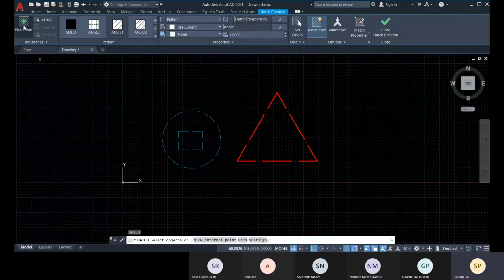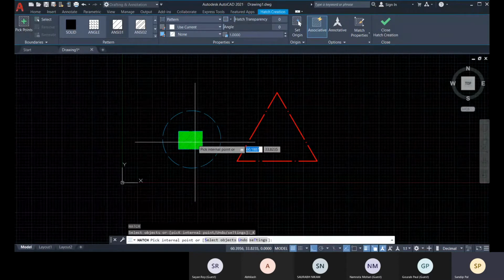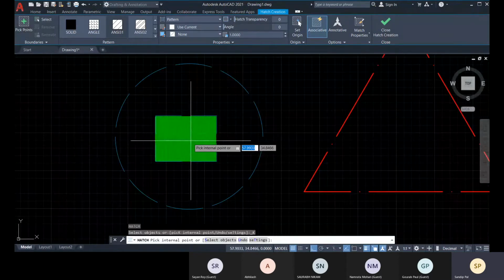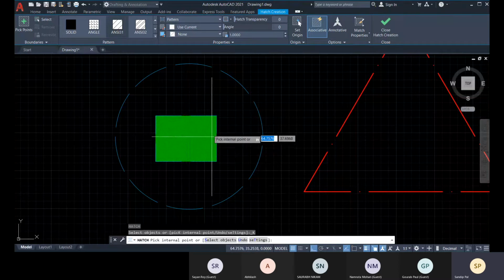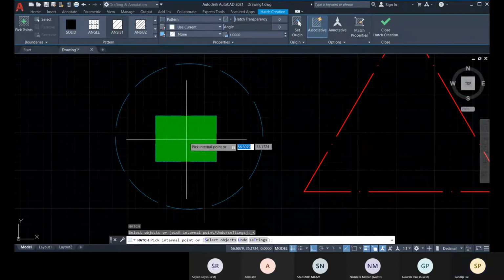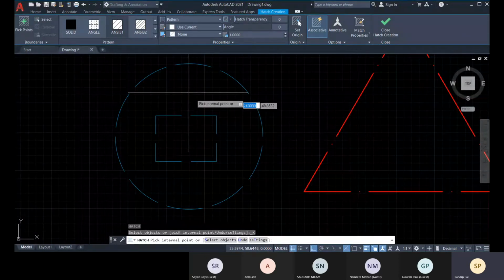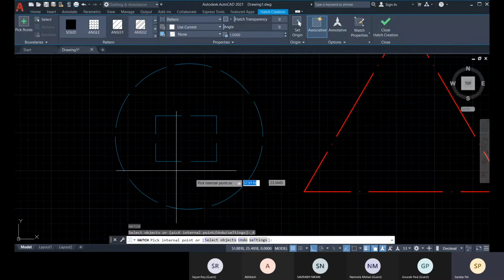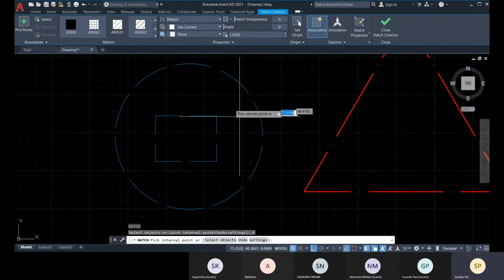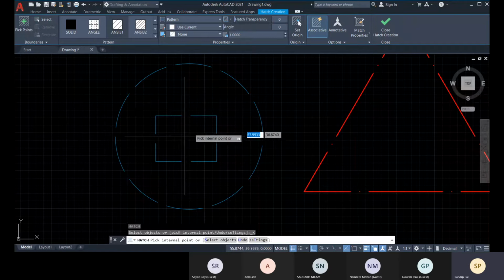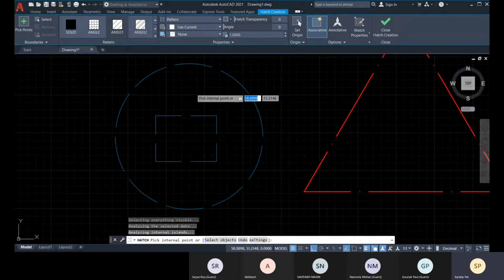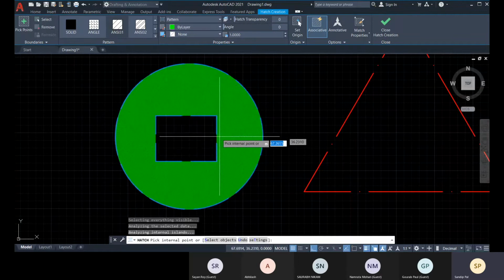Okay, now I'm going with this pick point. So if I choose this, within this point the surrounded area will be filled up, and if I specify a point here, this area will be filled. So that's how we work with pick points. And now let me specify this, or here if I specify like this. Okay,